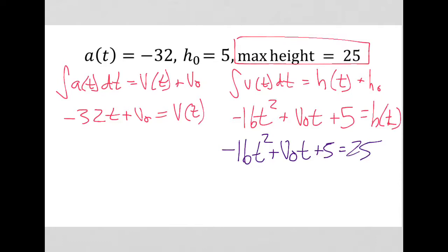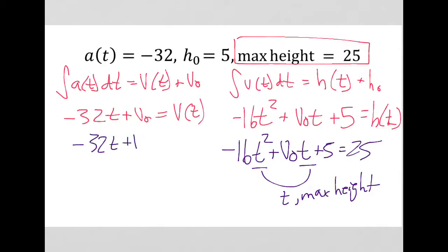Now, by setting the height equal to 25, that is implying / forcing this to be true, that t represents the time it reaches the maximum height. We don't know what it is, but that's what that t represents. And so if we then set the velocity equation equal to 0, negative 32t plus v naught equals 0, velocity of 0, that then is forcing this time to also be the max height, because the velocity is 0 at